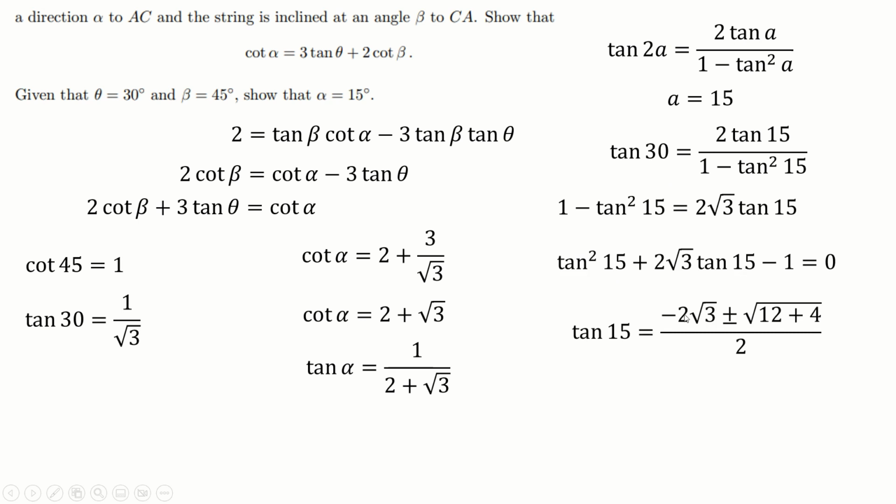So that's minus b. B squared is 4 times 3, which is 12, times 4 AC is plus 4, because there's a minus, over 2 times a. This is root 16, which is 4. Divide everything by 2, you get this. And so now I know tan 15 is this,